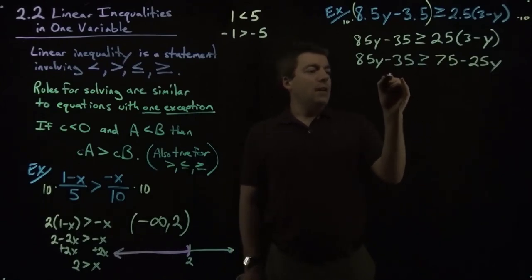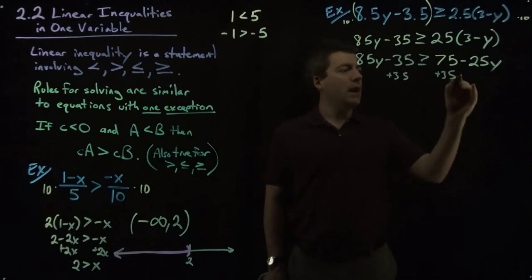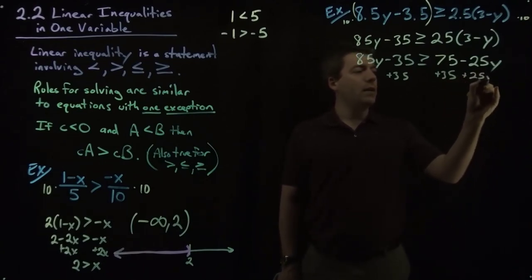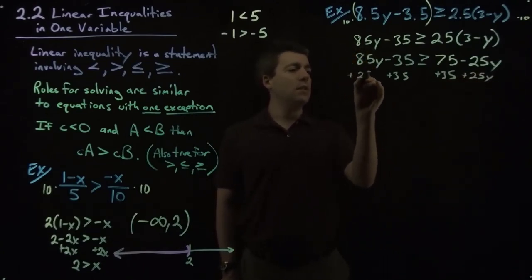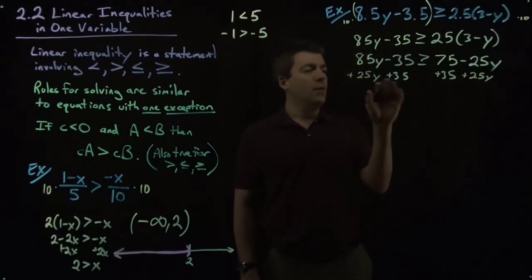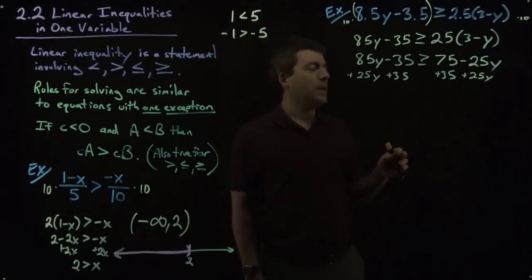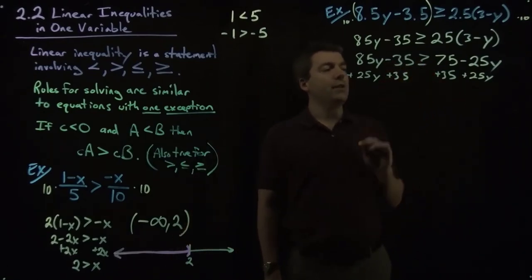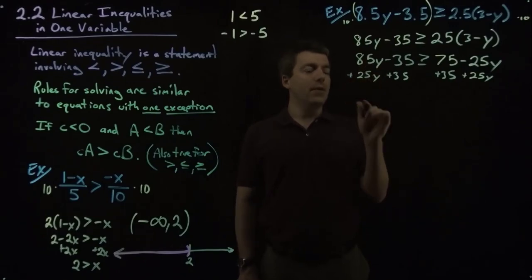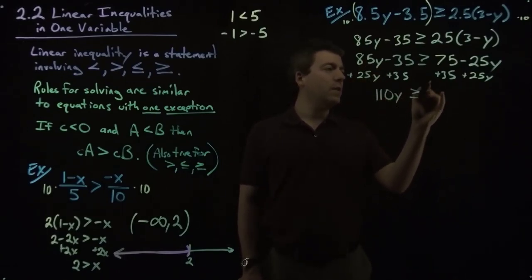So let's add 35 to both sides, and let's add 25y to both sides. Now, in all of these operations, right, we are not multiplying by a negative number or dividing by a negative number. So we don't have to worry about changing the inequality symbol. Right, so we have 110y greater than or equal to